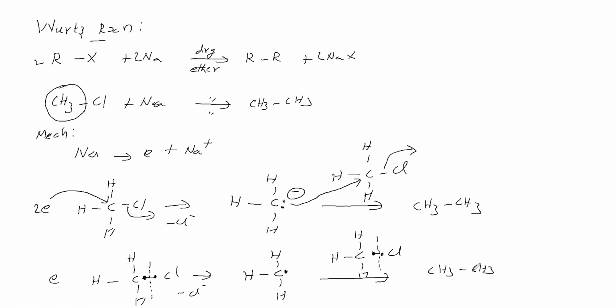So for the Wurtz reaction we have to take an alkyl halide: chloride, bromide or iodide we can take. The metal is sodium, the solvent is ether. This alkyl group is doubled. We are getting this compound, an alkane, in the Wurtz reaction.